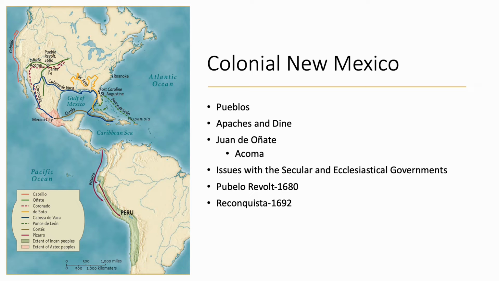Now, this revolt was a very simple process. The Pueblos planned to basically kill as many Spaniards as they could find before the Spanish could react, and they were mostly successful. About 300 Spanish settlers were killed, including as many priests as they could find.